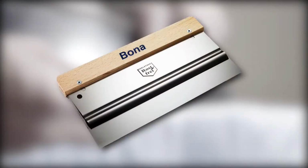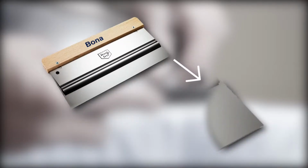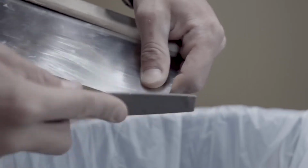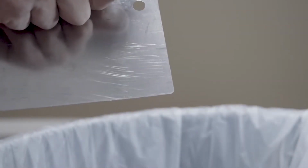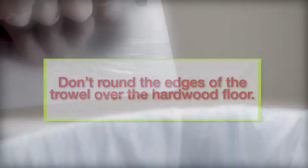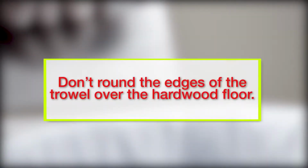The first is using a steel trowel. You can use a standard steel trowel, but it's important you round the edges of the trowel to avoid scratching the surface of the hardwood floor. This can be done using a steel file. When rounding the corners, don't do it over the hardwood floor so you don't get any small pieces of steel